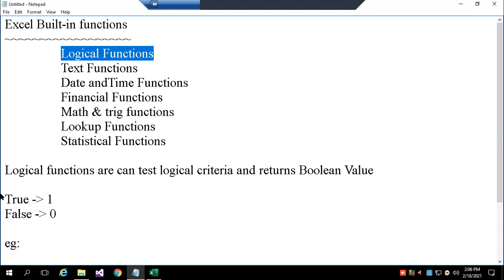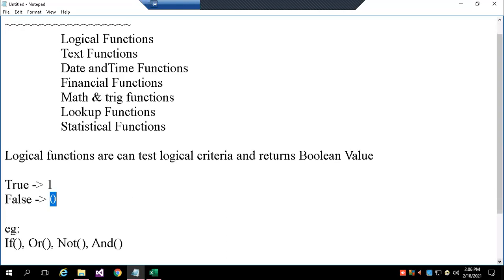When I say logical test, after the evaluation, if the condition is satisfied, then it returns true. True means 1. If the logical test is not satisfied, then it returns false. False means 0. Any function which performs based on zeros and ones after doing a logical test comes under logical functions.